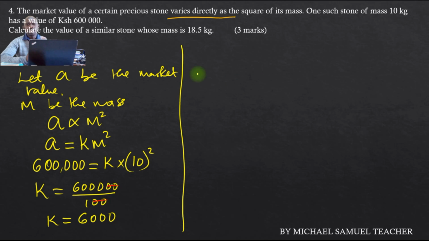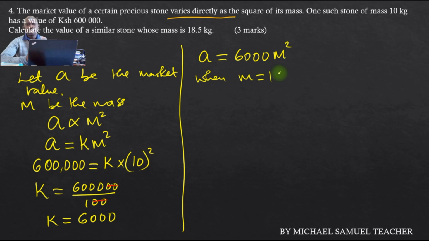So since we have the value of k, now we can write the equation connecting a and m. The equation connecting a and m is a equal to 6000 m squared. So this is the equation connecting the market value and the mass of that precious stone. And we need to find the value of the stone when